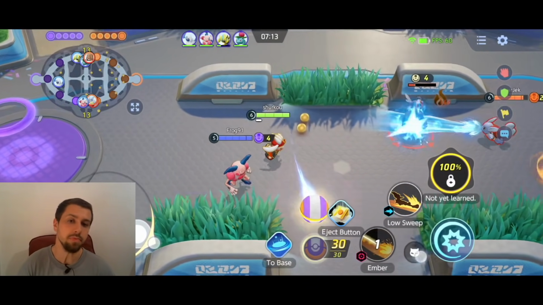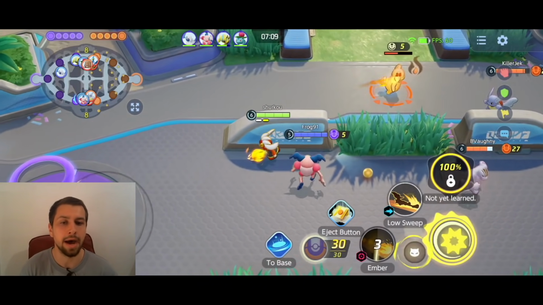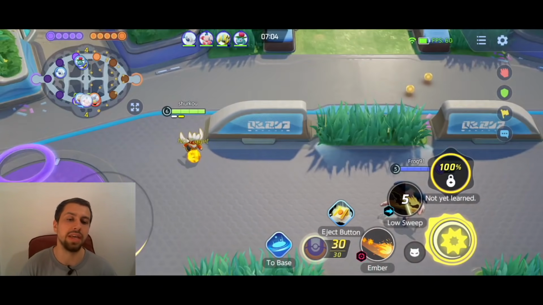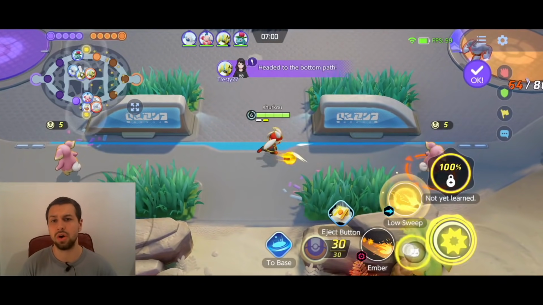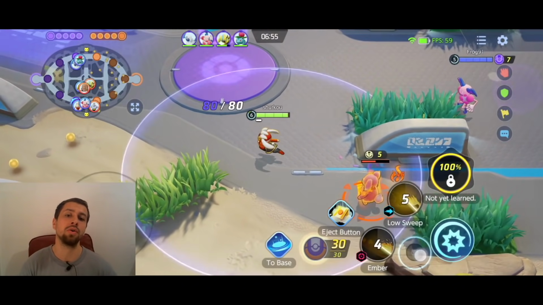But yeah, as you can see, we are struggling a little bit here in this laning phase. The Mr. Mime is a good laning partner, but we got ganked a little bit. We are definitely struggling as of now. Also, our jungler was AFK for the first couple seconds,